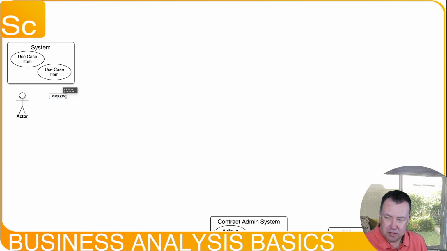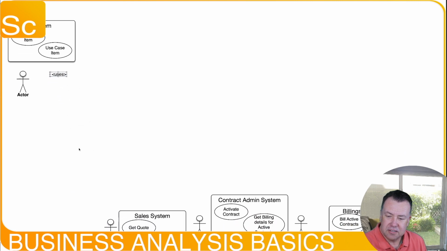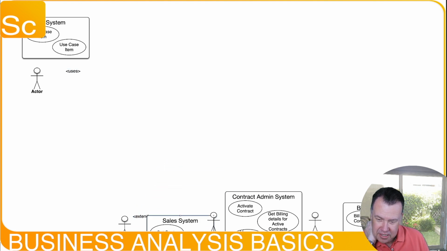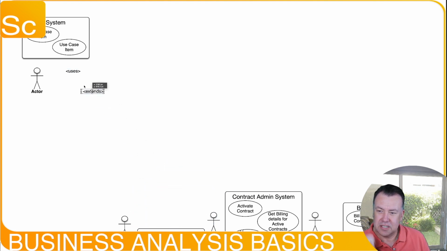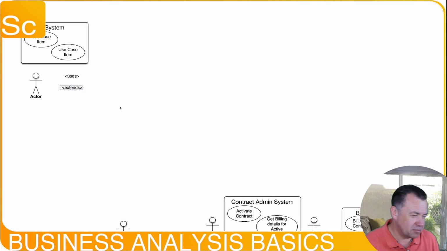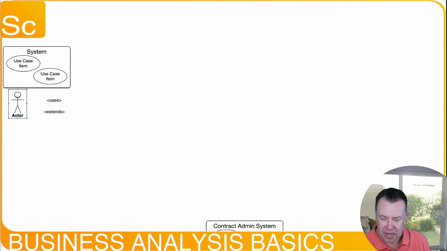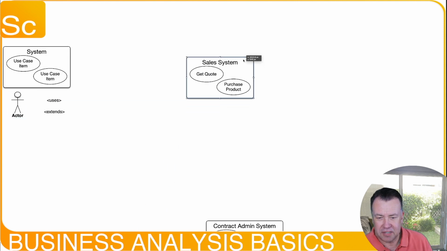and an actor may use a use case, or there's another type of relationship that a use case might have with another use case, and that is that it might extend a use case. So we may see that a little later in this explanation. But for now, I want to say, well, let's take the previous example and just simply flesh out how this